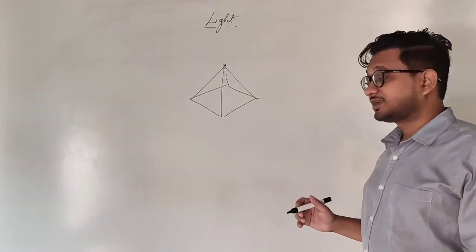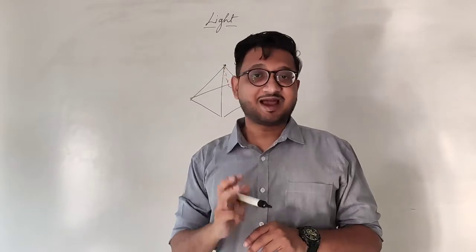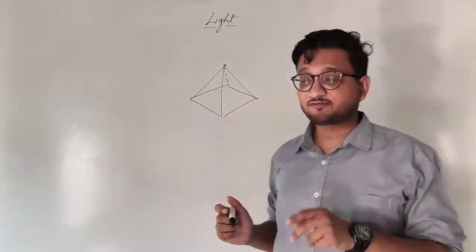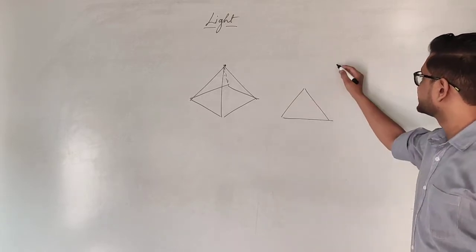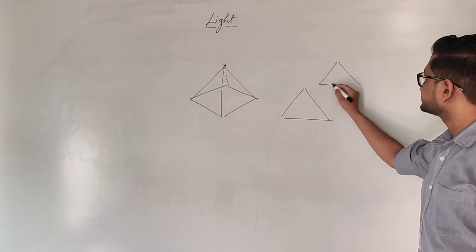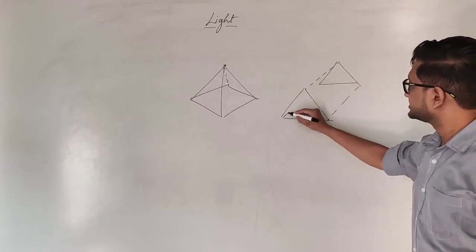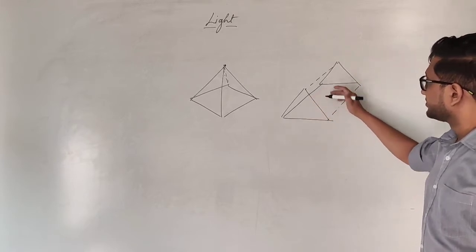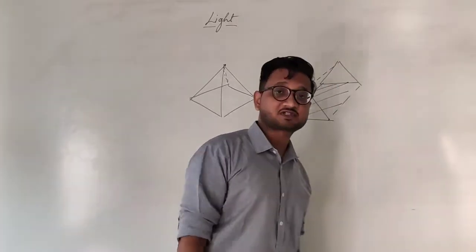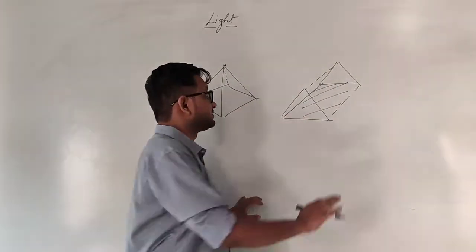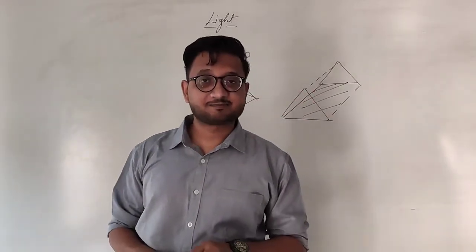But a prism has two triangular faces and three rectangular or square faces like this. So if this is a prism, this whole part over here is the prism. One of the sides of the prism is a rectangular face, this side is a rectangular face, and on the other side is a rectangular face, okay?